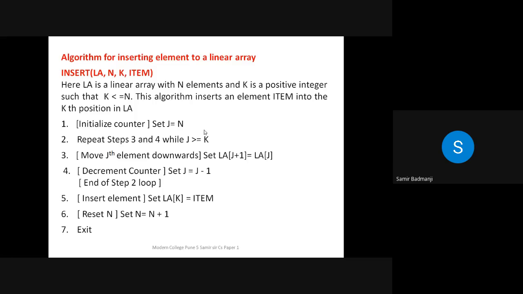Okay, now we'll move to the next part. We have seen sorting an array and searching an array, but we have not seen inserting an element into an array and deleting an element from an array. These algorithms are also very rarely asked, but they can be asked anytime in the board exam. Only the algorithm is expected, no program. First, before seeing the algorithm, I will tell you how to do this process: inserting an element in an array.